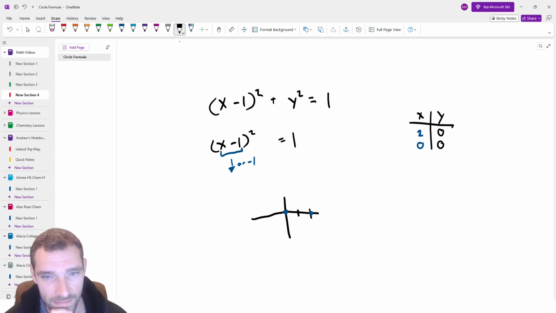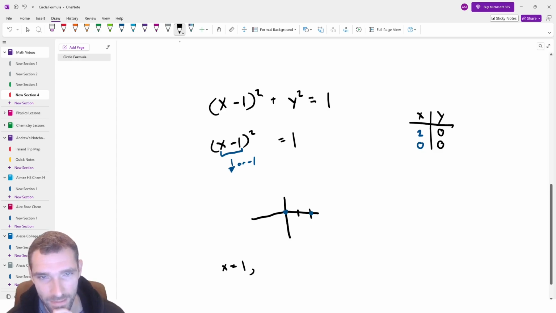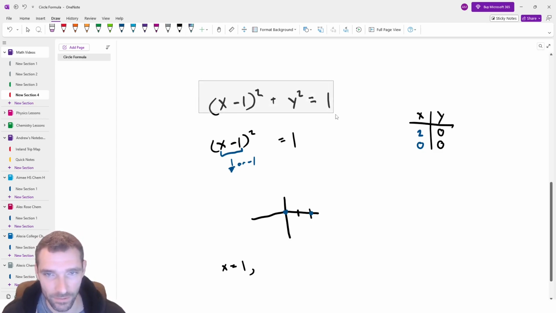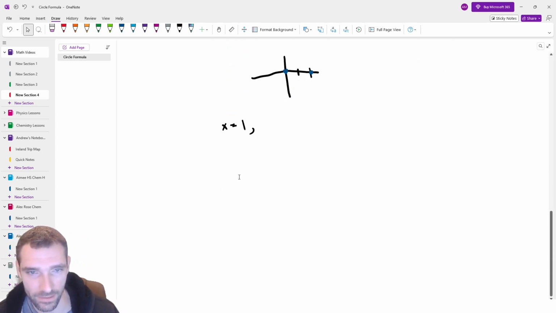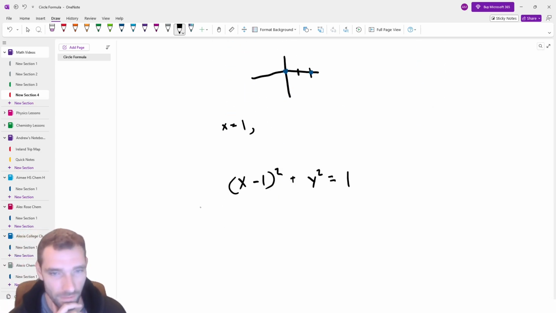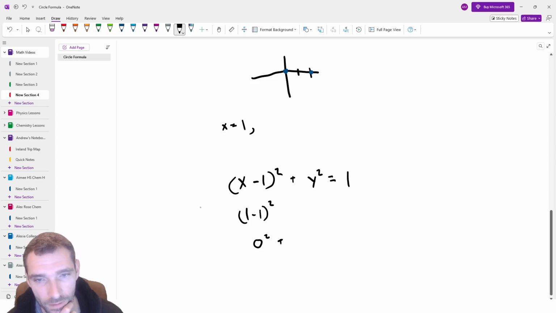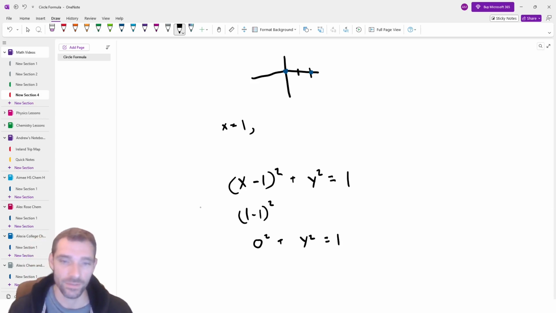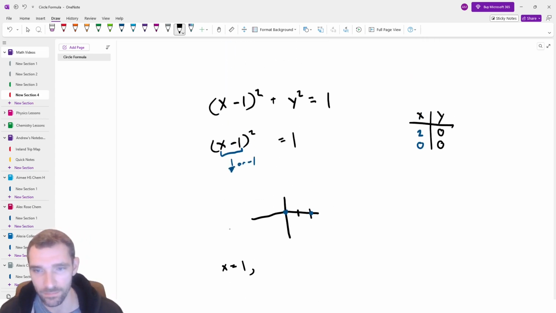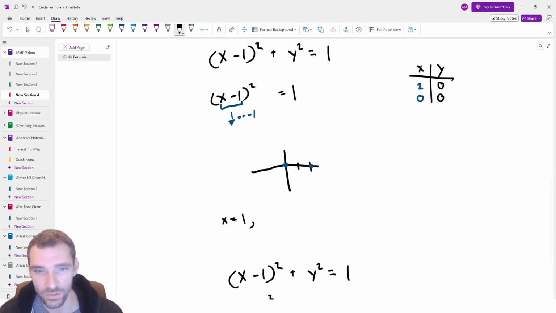In the same sort of idea, you can say, well, what if I had x being equal to 1? That means that this formula gets a lot simpler in terms of the x component. So if you've got 1 minus 1, that ends up turning this into 0 squared. And then you're just left with y squared being equal to 1. So if we have x being equal to 1,